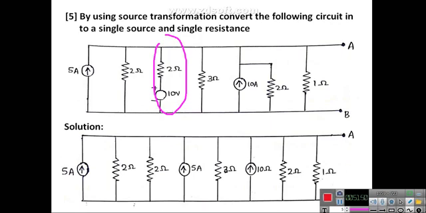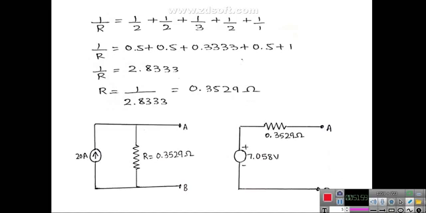Okay, now if you replace all resistances by a single equivalent, you will get a single equivalent resistance, and the equivalent current is 20 ampere in the upward direction. So this is your single current source in parallel with the resistance. Further you can transform this current source in parallel with the resistance into a voltage source in series with the resistance. So the voltage is equal to I into R, 20 into this, you will get this voltage, and the same resistance will be in series with this. So this is the single source in series with the element.